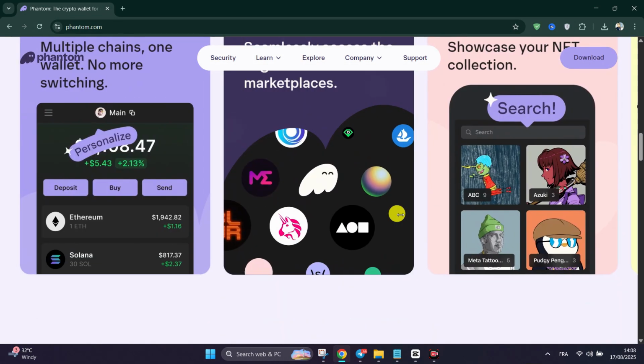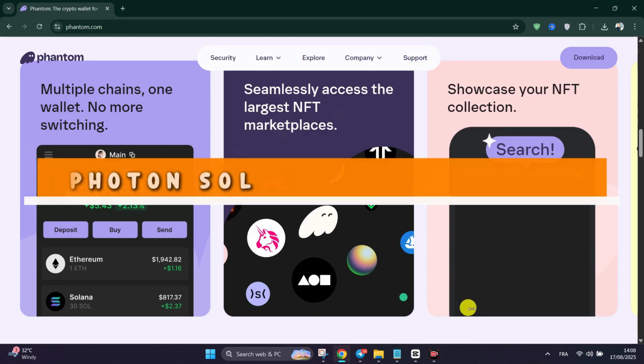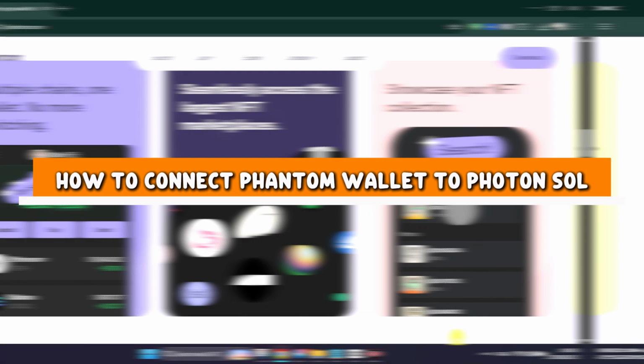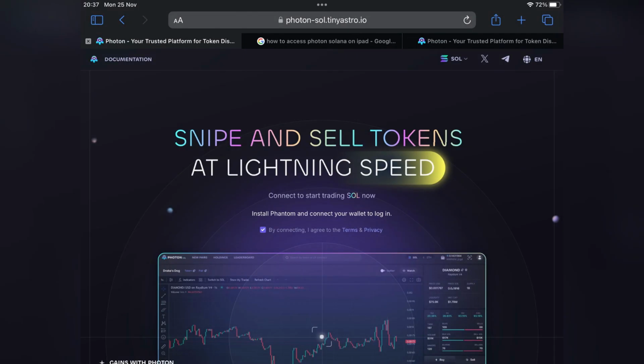In today's tutorial, I'll show you how to connect your Phantom wallet to Photon Sol in just a few minutes. If you're new to Solana or using Phantom, don't worry, this process is super simple. Once you know where to click first, make sure you already have Phantom wallet installed and set up on your